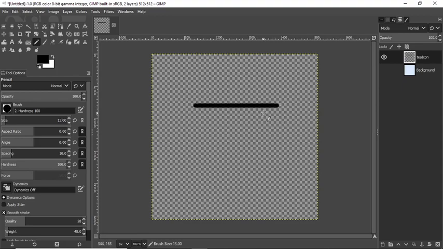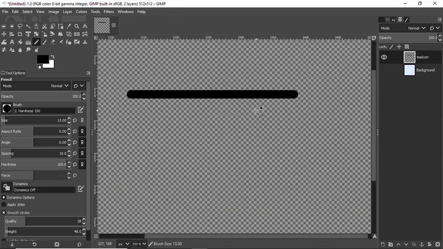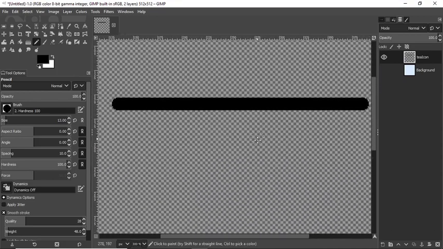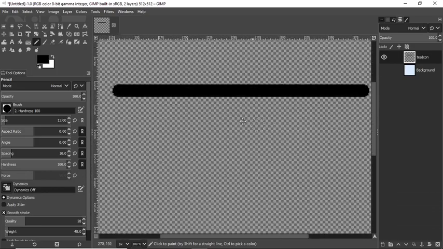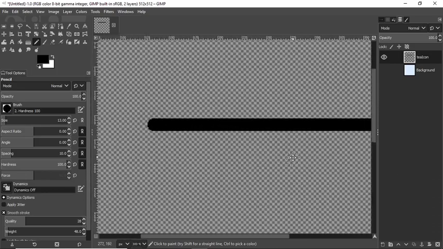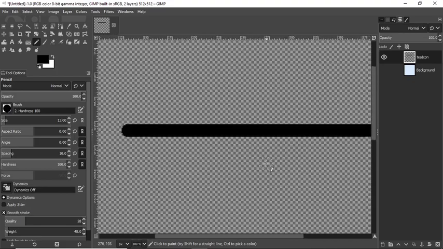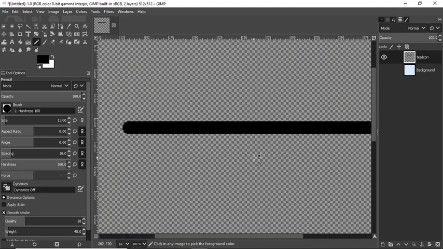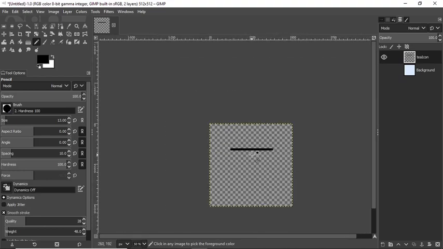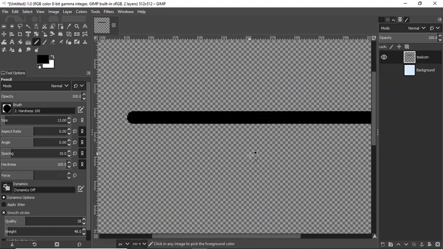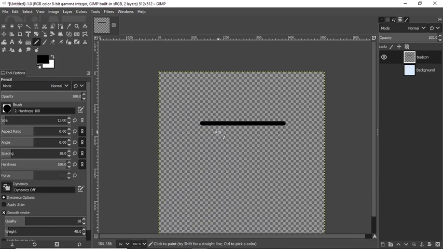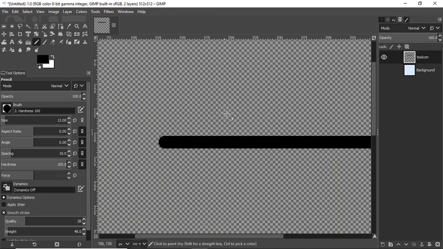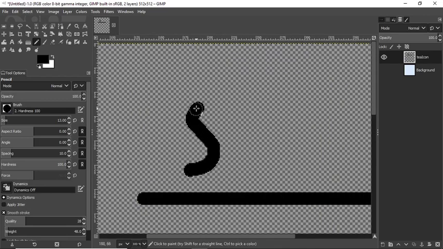And I'm using the scroll button now, or the control key, and I'm also using the middle mouse button. And once I use the control key and scroll, it will be maximizing or zooming in and zooming out my icon here. Now I would want to draw some, let's say, a bit of,